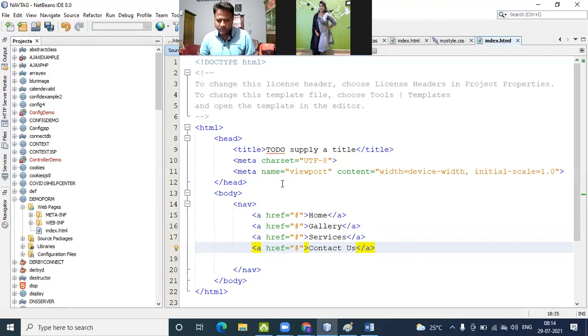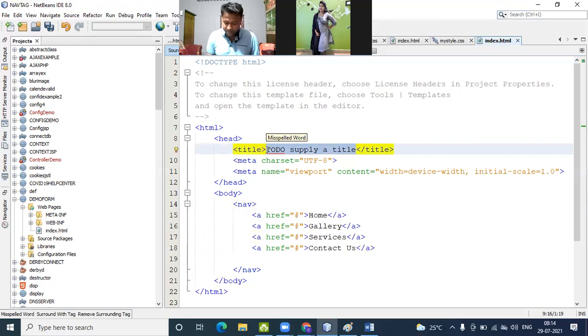Okay, so now I run this file. In the title I put navigation tag.